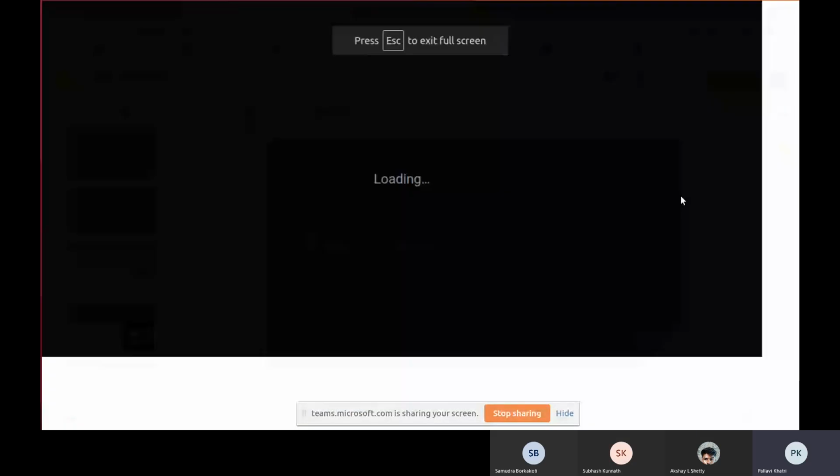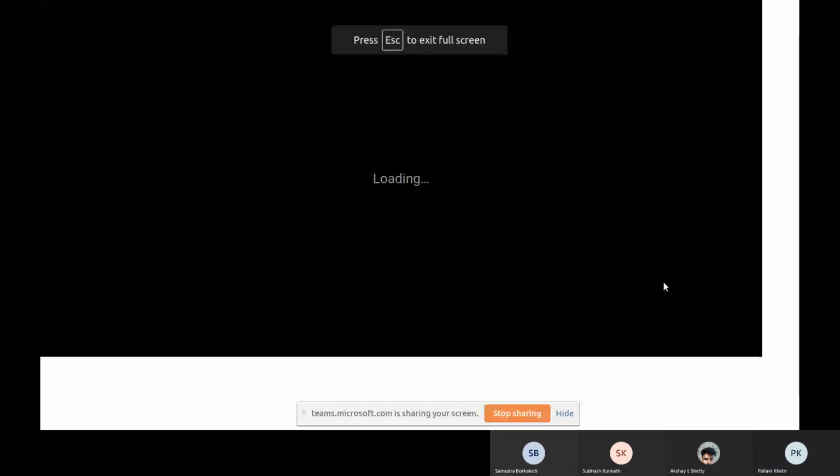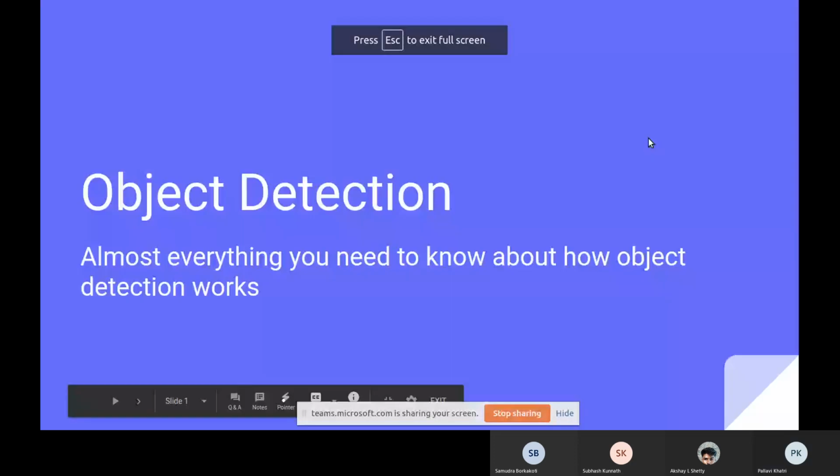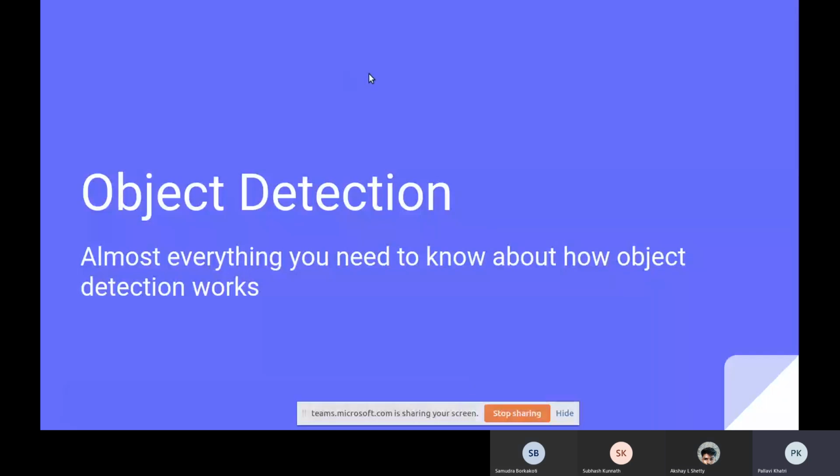So can you see my screen? Yeah. So this will be a basic overview, which will give you an idea of how object detection works.